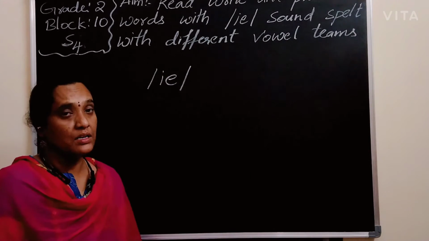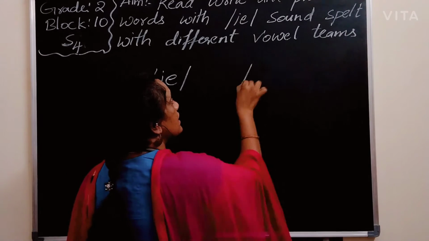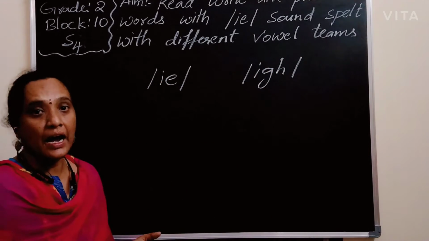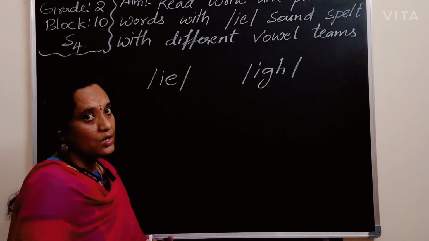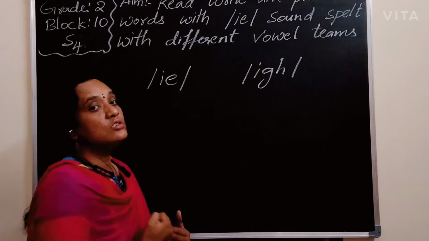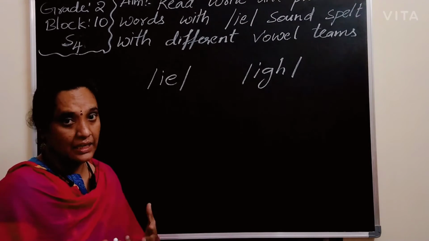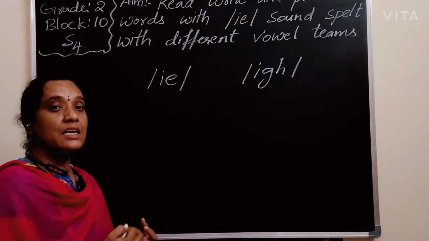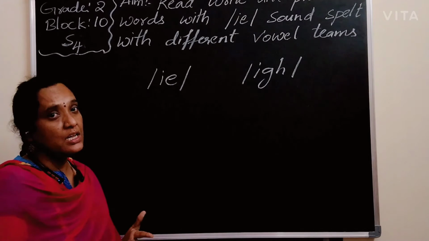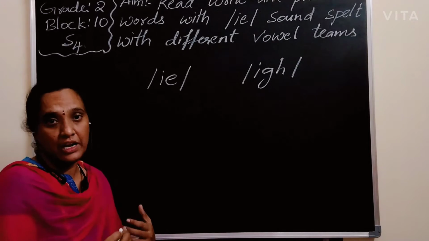Then what is the second one? We said that it is a different vowel team. The next one is IGH. I. So IE gives the vowel sound I. The vowel team IGH also gives the I sound, though it doesn't contain the vowel I and E, it gives the I sound. So let us see how. Some examples I will take. After that we can read the lesson, write them in our volume and try to pronounce them by reading.